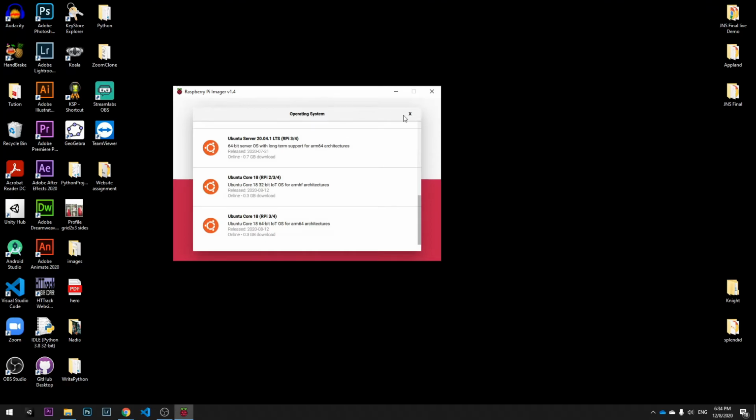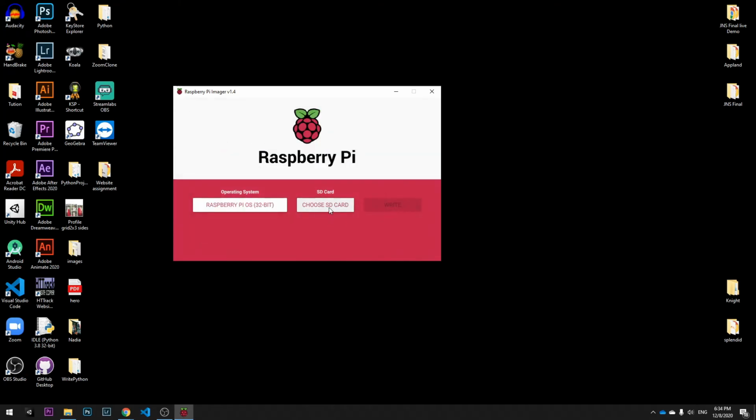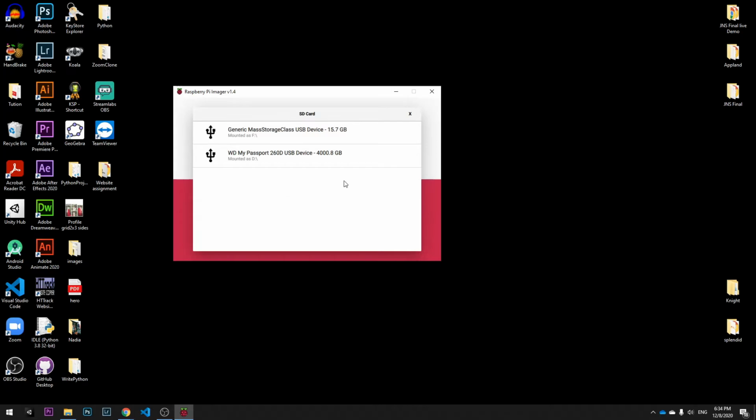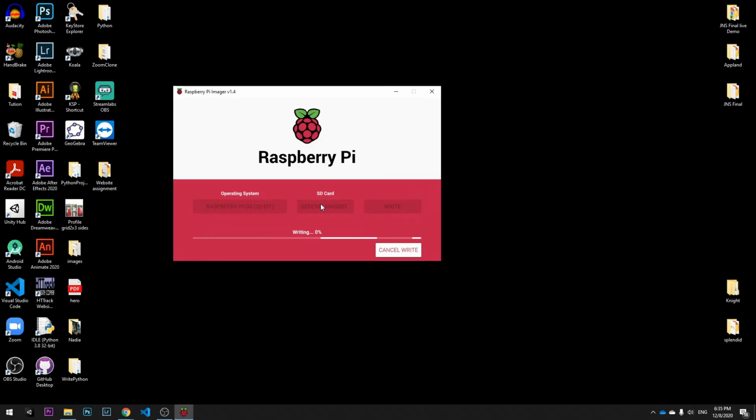So I'm going to install the Raspberry Pi operating system 32-bit. And second step, you have to select the storage where you want to install the operating system. So go and choose the flash drive or any other storage. Then a prompt window will appear, you say yes, and it is writing. So basically that's it, and it will automatically write and flash your